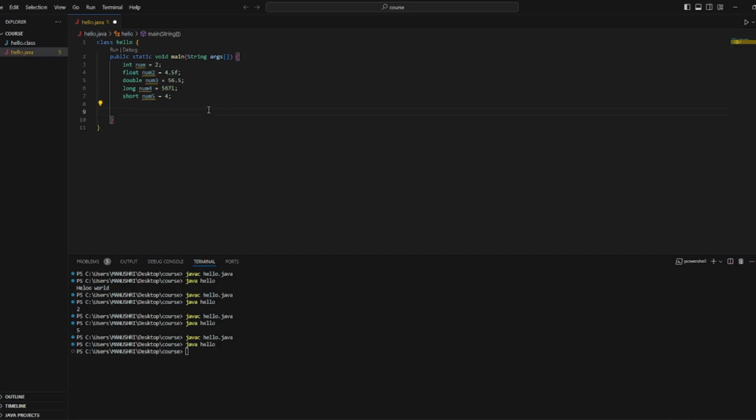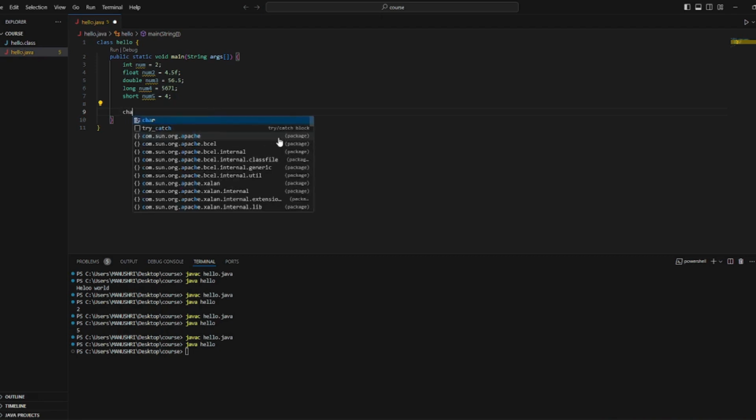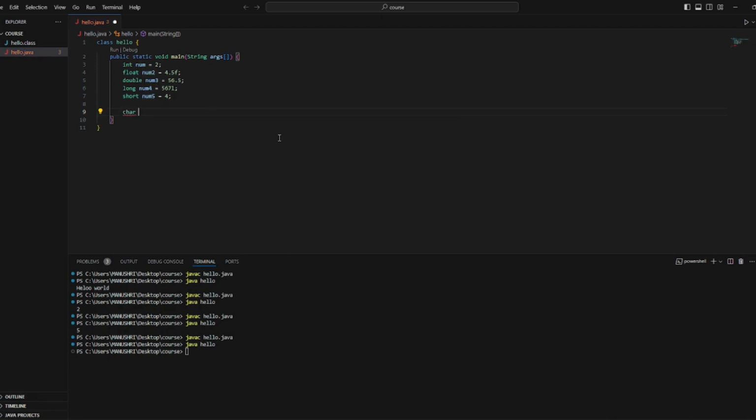Now let's check for characters. Here in Java we use char for character. a is equal to, we should use single quotes for a. Now here we come across an error. It is because we are supposed to store only one single character inside single quotes.